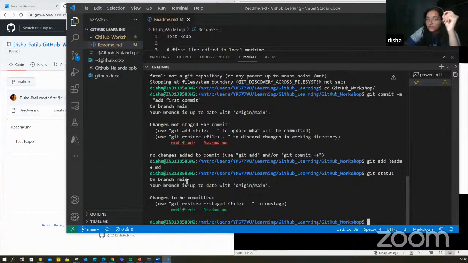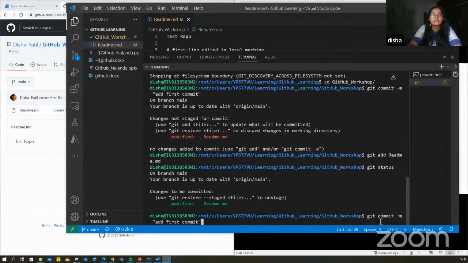So it is telling me which branch I am right now on, because I did not show you anywhere to create a branch. We just have one branch in this repository, and it is telling me कि changes to be committed. So it is telling me कि readme file modify हो गया है, और अभी ये जो changes modify हो गए हैं ये git ने acknowledge किए हैं कि okay, I can see कि these changes are modified. And then I will say, okay, since you have acknowledged कि changes modify हो गए, please commit it to the repository. I'll just use this instead of typing the entire thing.